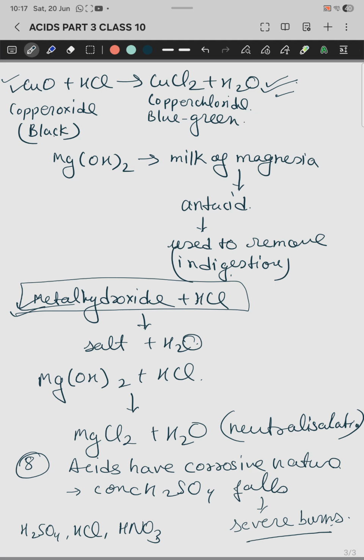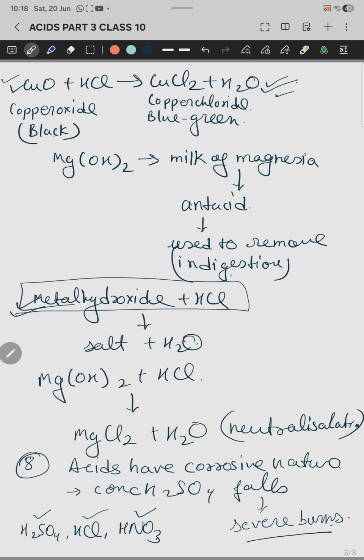So acids are never stored. Remember this one, I am just giving you a key point. Acids are never stored in metal containers. Why? Because they gradually corrode and eat up the metal container. So we have to keep mineral acids only in glass bottles, because glass doesn't react with acids or bases. That's why it is a safe place to store acids, in containers made of glass and ceramic, because they are not attacked by acid. So acids have corrosive nature. We can explain this with the help of three examples: first one H2SO4, HCl and HNO3.